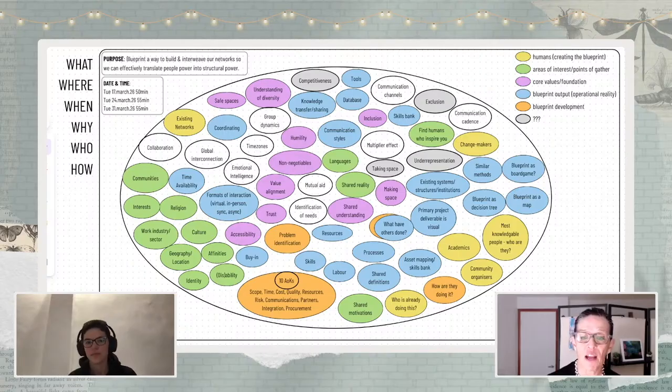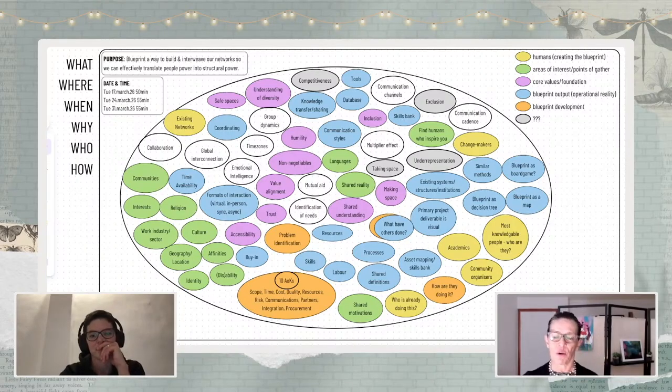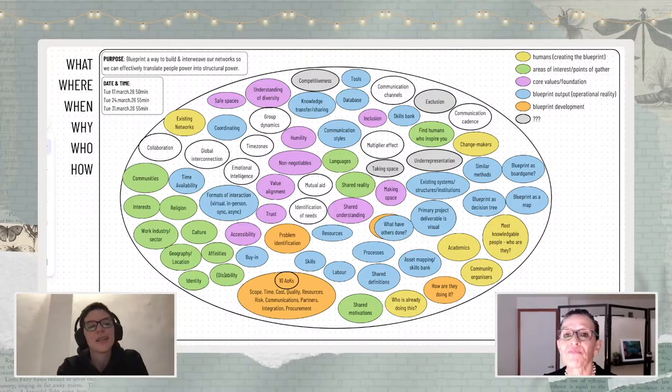We have defined core values foundation, that is a fuchsia. Community areas of interest green, blueprint outputs blue, and the development of the blueprint is orange, and we are left with a gray area that we didn't know exactly how to name. And I think afterwards we thought that they were barriers. So a handful are blank, and now we are going to continue with the categorizations of the bubbles. All right, without anything else, let's get to scoping.